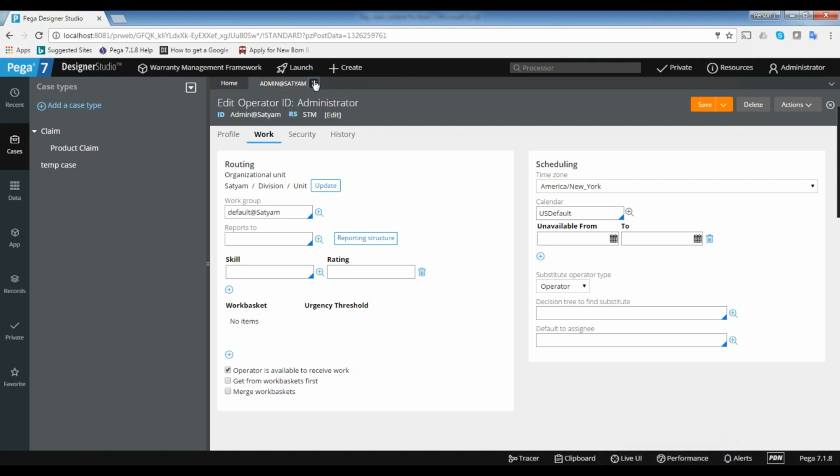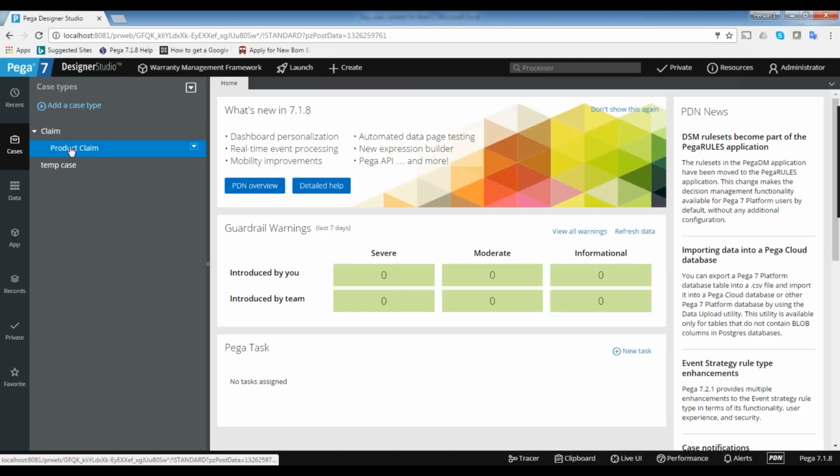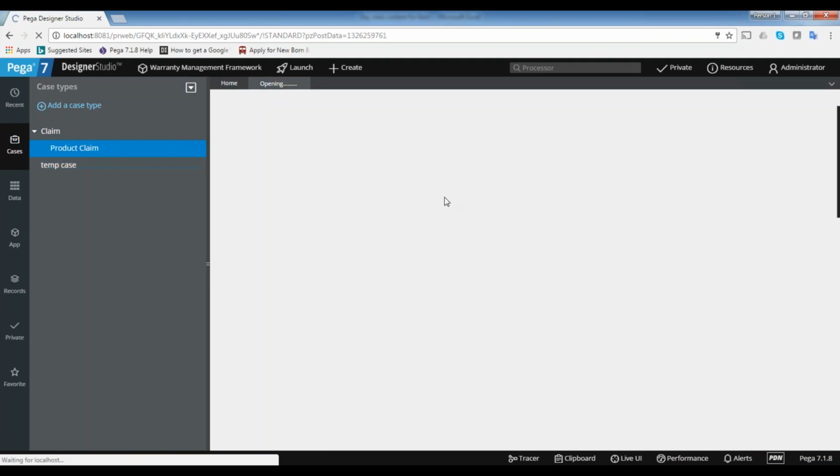Once I do this, I will go to the class, case, and then here load the assigned to individual.